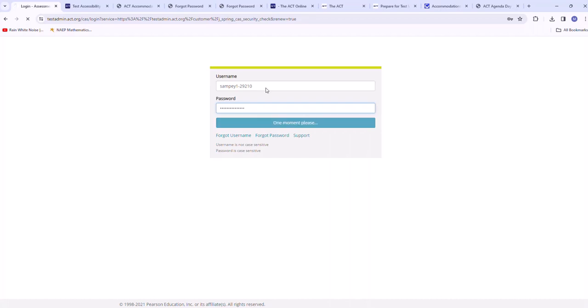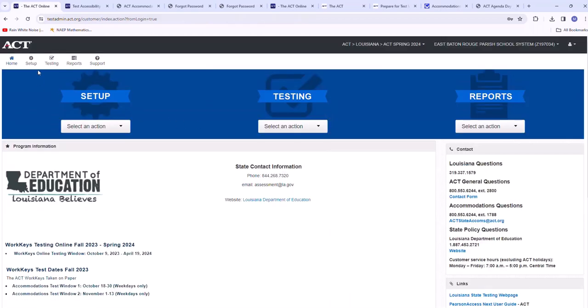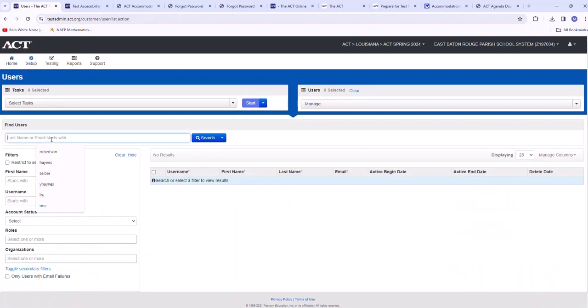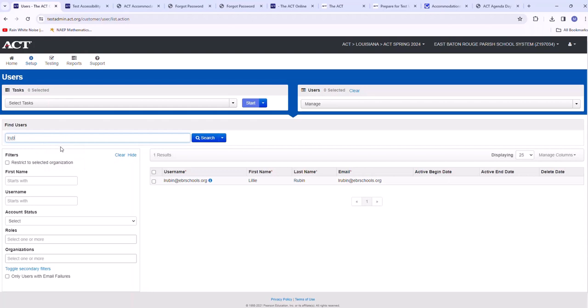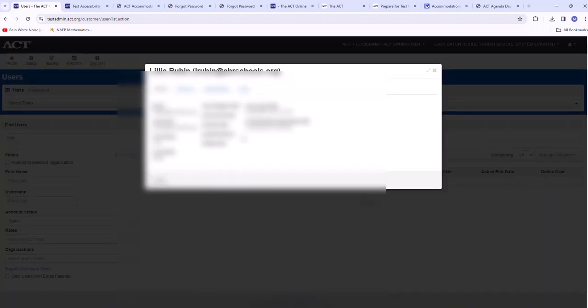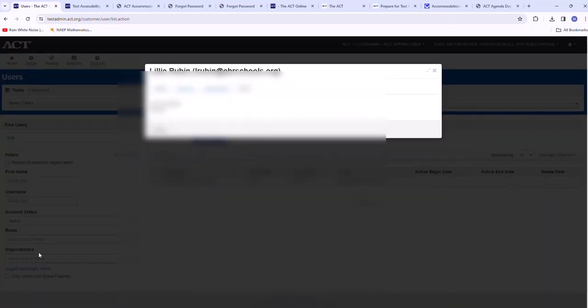I'm going to go to users. I'm going to pick a user. I think Ms. Rubin has an importer role. I'm going to go to roles. And so she has, right here, you can see importer.